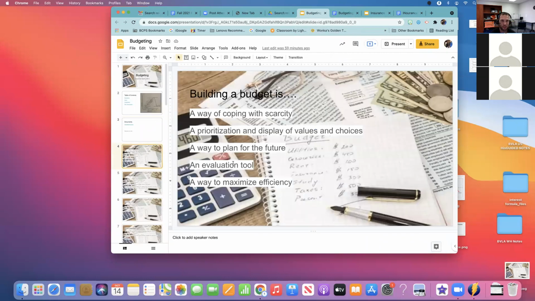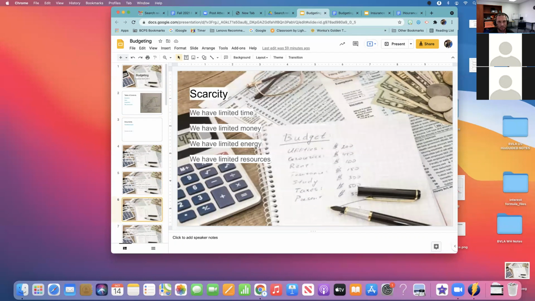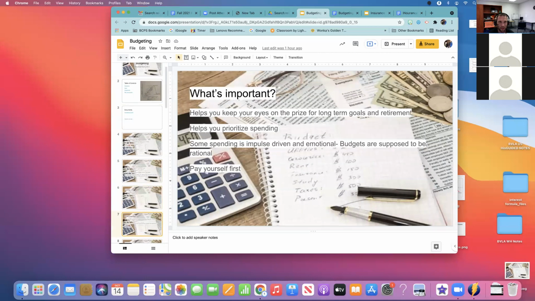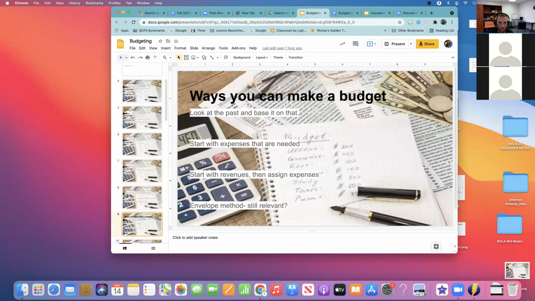We talked about budgeting as a way of coping with scarcity, as a prioritization of values, and maximizing your efficiency. We talked about budgets as a way of staying disciplined, and budgeting is different for everybody. Talked about budgeting as setting goals.